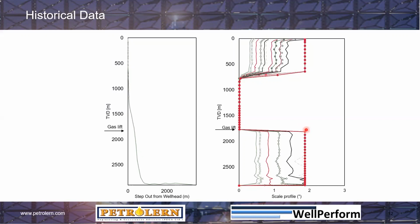What happens here in the middle of the well means you're blocking your well. And you're blocking your well because you have all of this calcium carbonate scaling and you're not removing it in this example. What you could do is implement some of the